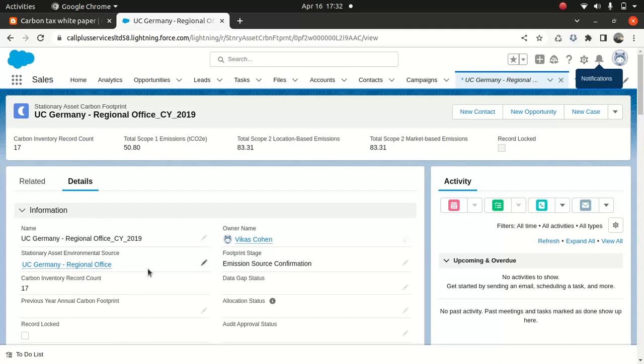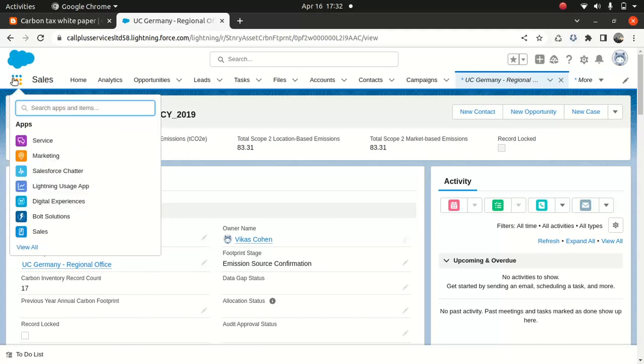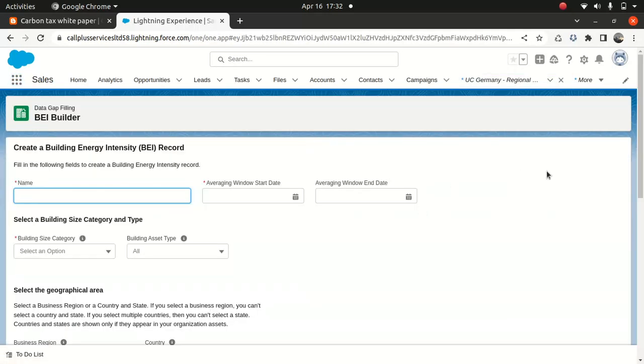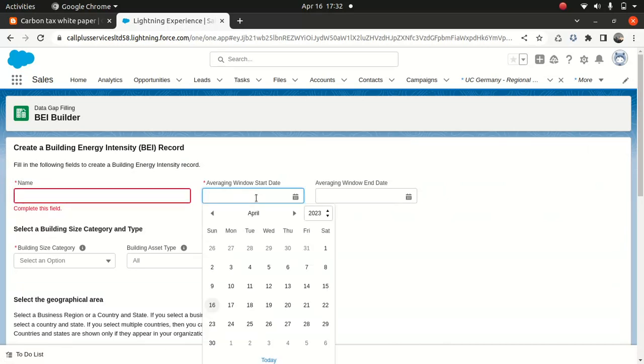I can show you how to do that in a second. So the way to do that, right? You just go to this tic-tac-toe icon. So you can just do BEI builder. So using the BEI builder, you can pretty much put your name, your window start date,